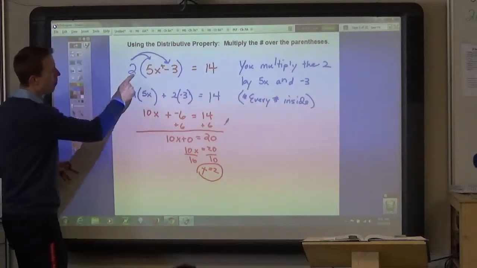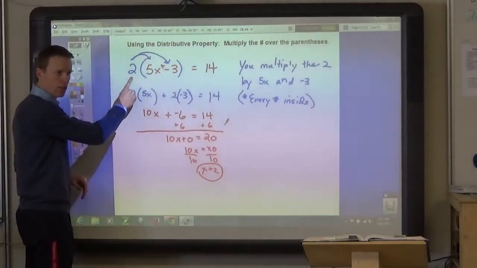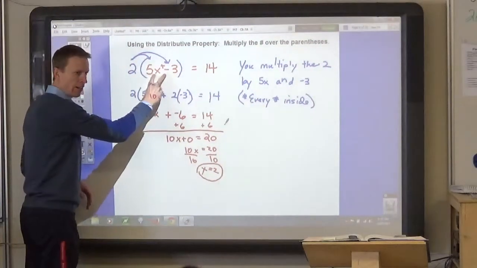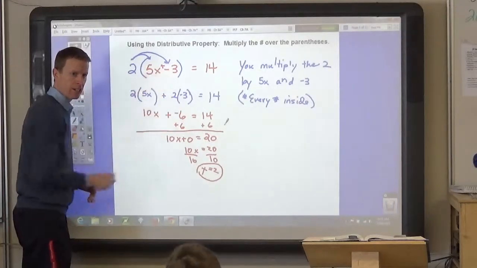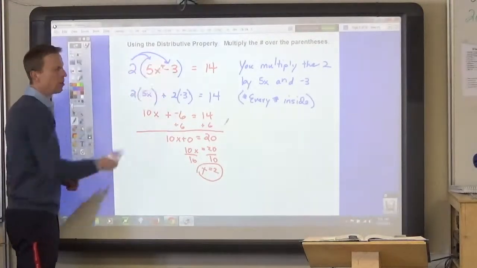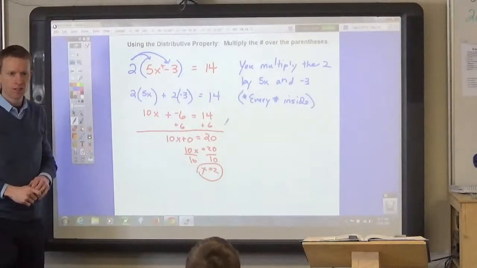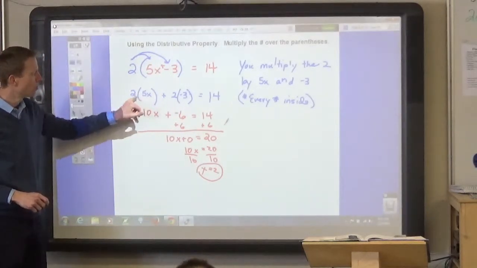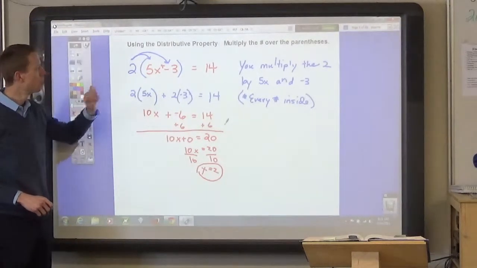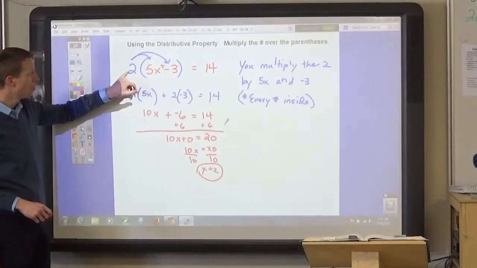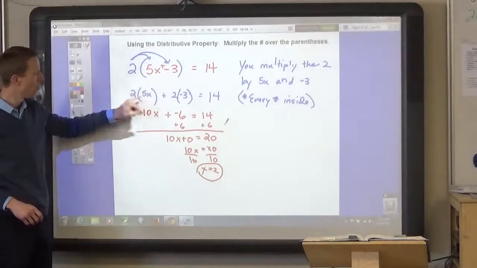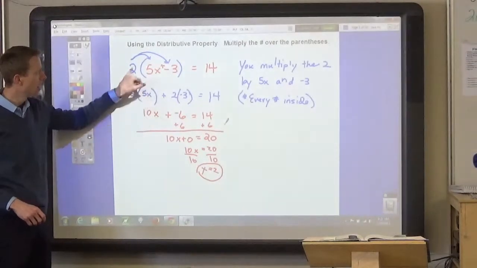So whenever you see a number outside of parentheses, or you see this pattern, a number, then parentheses, and then an expression inside the parentheses, you multiply the number over the parentheses, or distribute the number to each of the terms that's inside the parentheses. Okay? So, this means 2 times 5x, which is written out here in expanded form, 2 times 5x, and 2